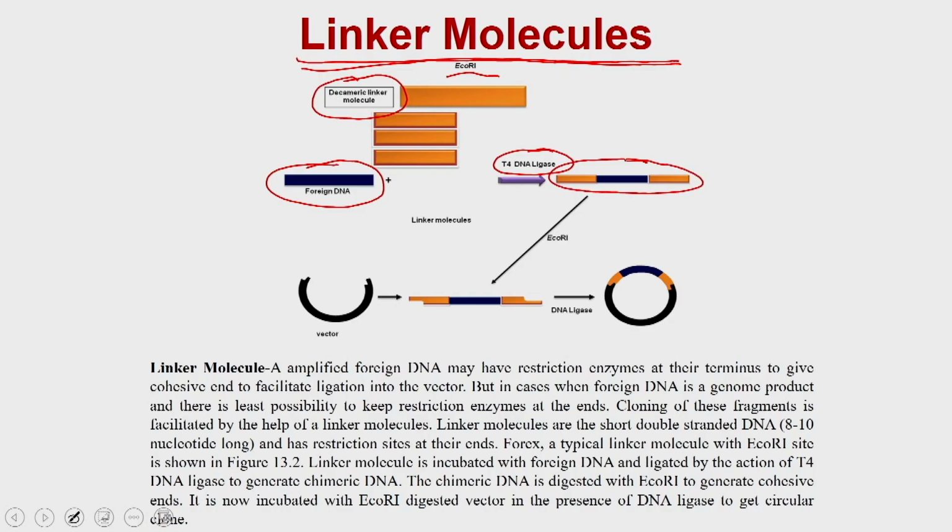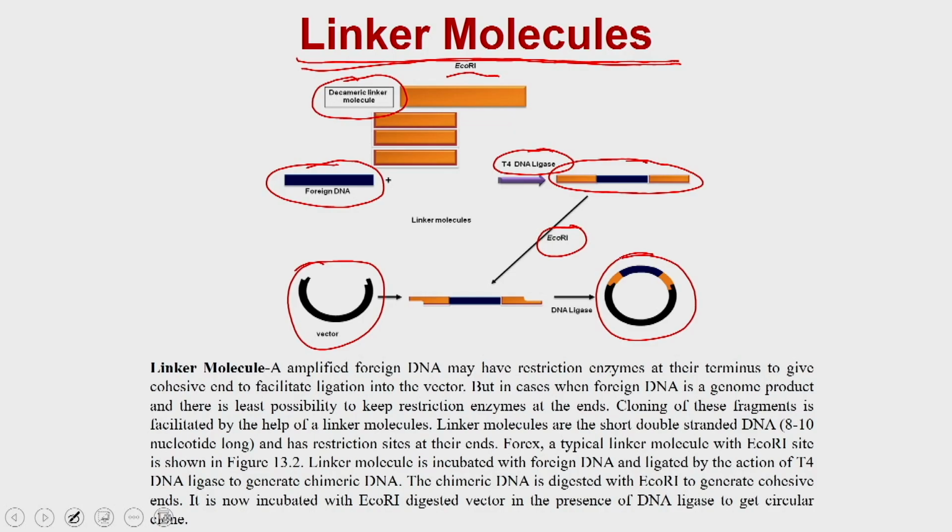Now, once you treat this foreign DNA with EcoR1, the EcoR1 will cut the sites on the linker DNA, and that is how the linker DNA will generate the cohesive end. Similarly, you can cut the vector with EcoR1 to generate cohesive ends, and then you take this vector and this modified foreign DNA and put them into a ligation reaction, and it will give you